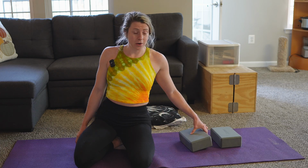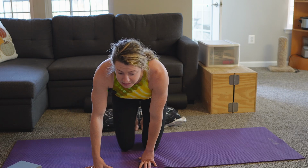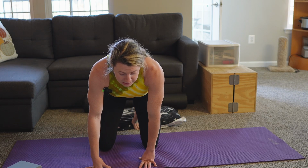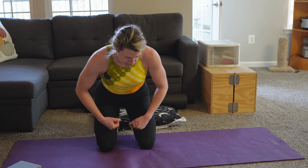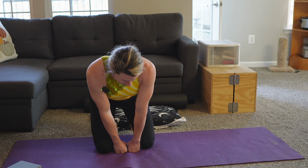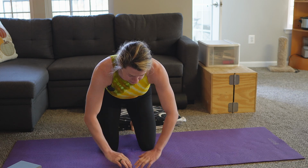and kind of just blend the two based on where I see the most tightness within my clients and other people around me. So next we are going to go into a table pose, and we want to make sure everything is in nice alignment because our body really is in direct proportion of one another. So in order to have your knees underneath your hips, you really need to check that you have 2 fist distance away from each knee, and then